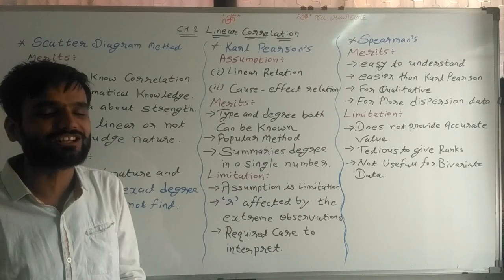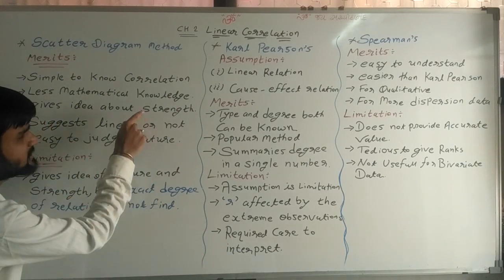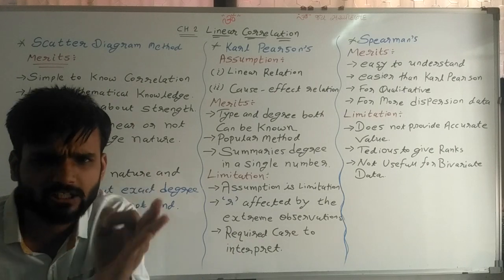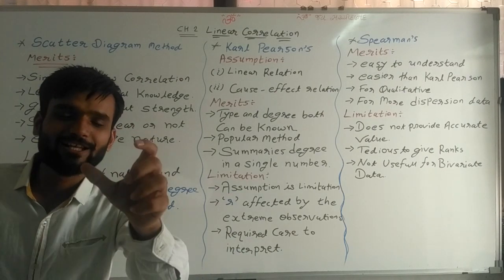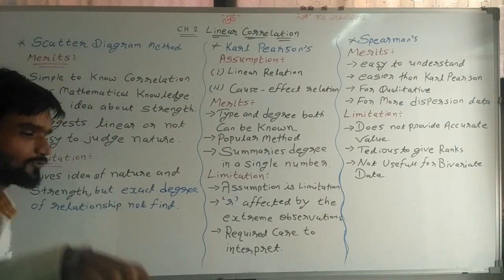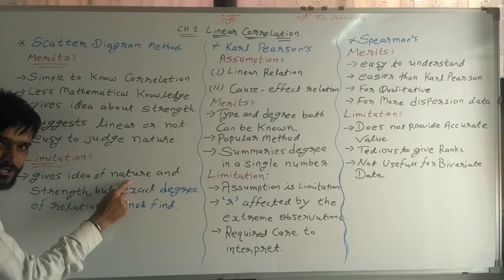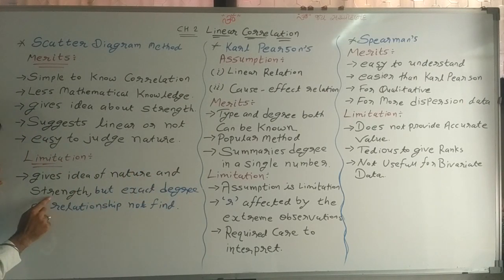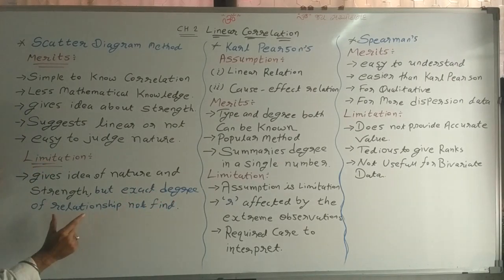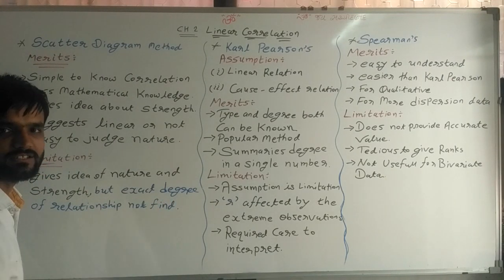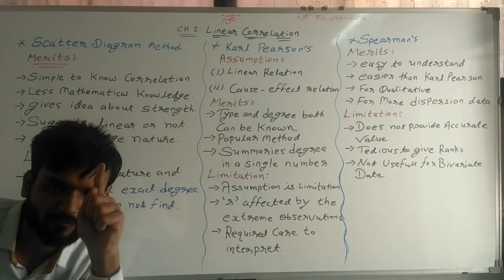Now, which is the limitation? Only one limitation. We can find strength, but exact value of strength we cannot find. Its limitation is that it gives idea of nature and strength, but exact degree of relationship cannot be found by using scatter diagram. And that's why